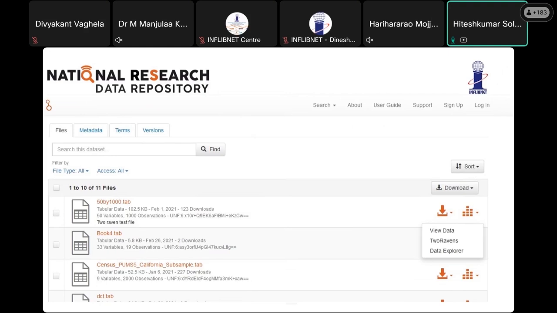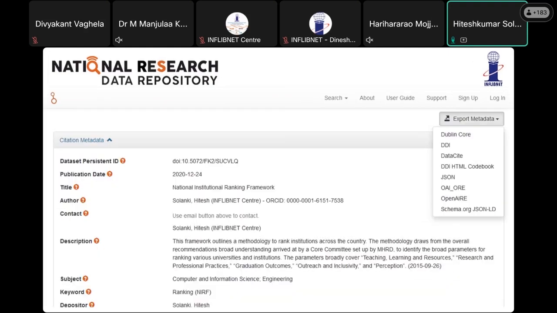And Data Explorer is also a data visualization tool. So without any technical knowledge, you can explore and find beautiful insights using this option. These two tools are already integrated with the NRDR portal. You can even export the metadata about the deposited dataset in different formats, like Dublin Core, JSON, DataCite, or OpenAIRE, many formats which can be exported as per